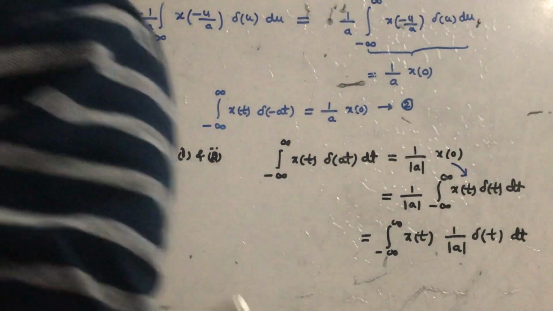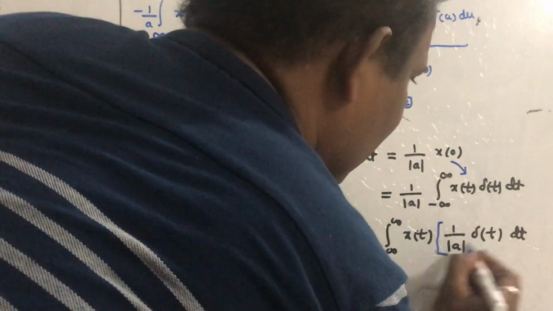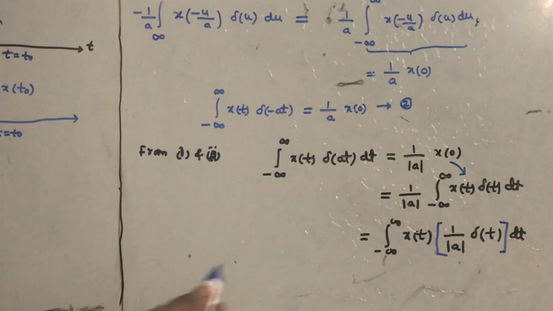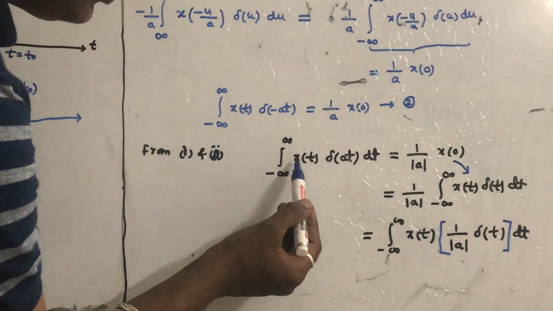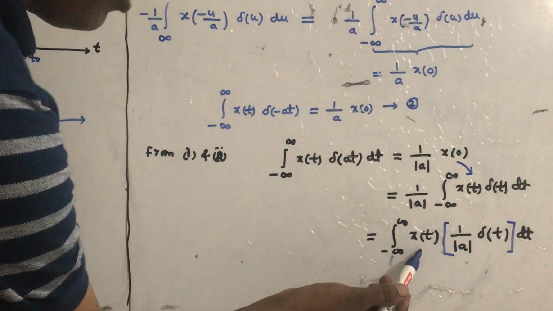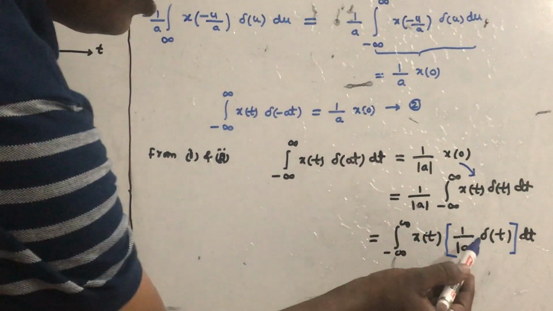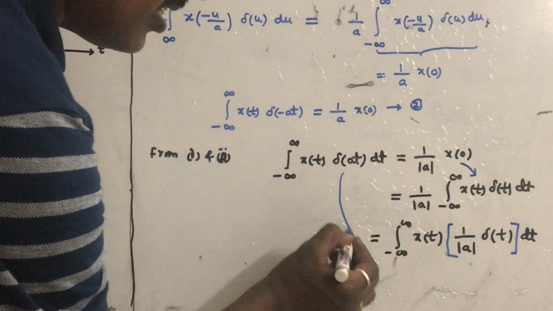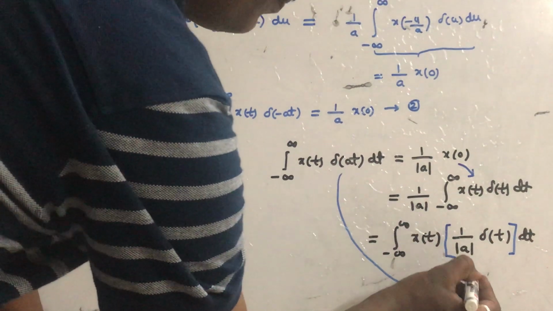So make this in one bracket. You can check the left side term and right side term. So x of t will remain the same. Del of at will be replaced by this. By comparison of the left side and right side integrals,